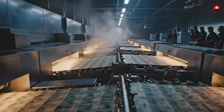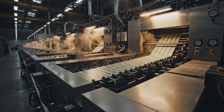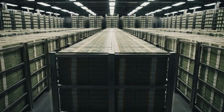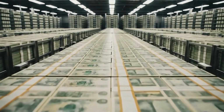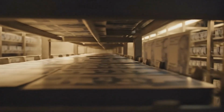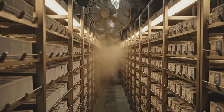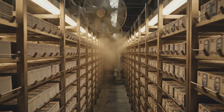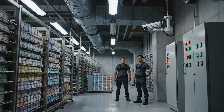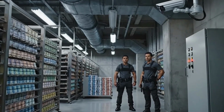At any given moment, somewhere inside a heavily guarded building in the United States, millions of dollars are quietly drying. Not locked in vaults, not moving through banks, not owned by anyone, just sitting there. Rows and rows of freshly printed sheets, each one covered in money, stacked on steel racks, untouched, waiting for ink to cure. Armed guards nearby, cameras watching every angle, silence, broken only by ventilation systems and the distant hum of